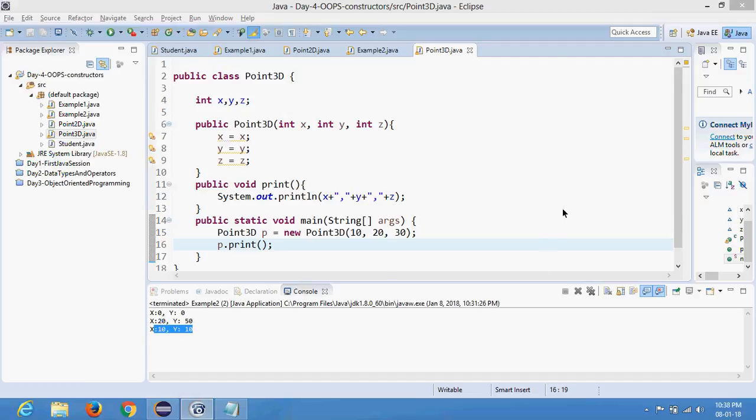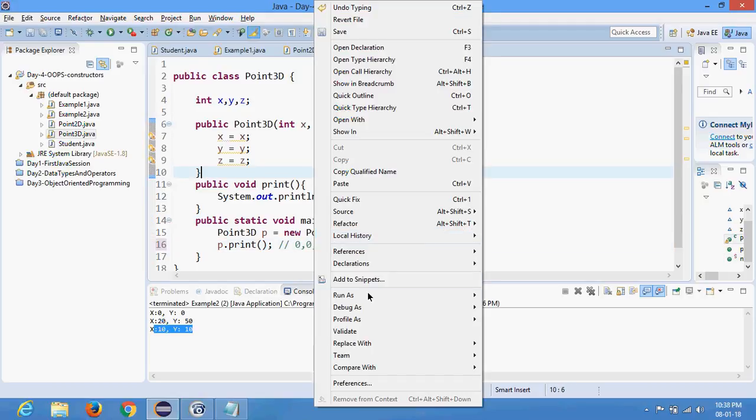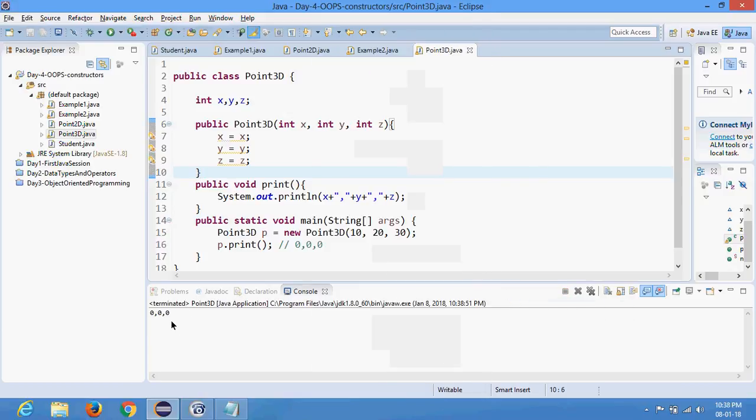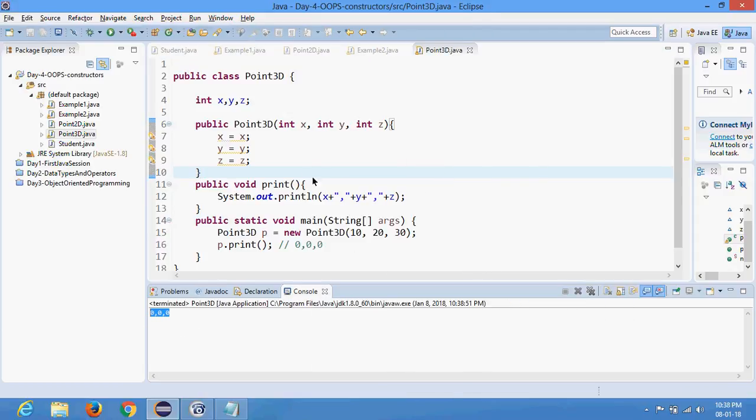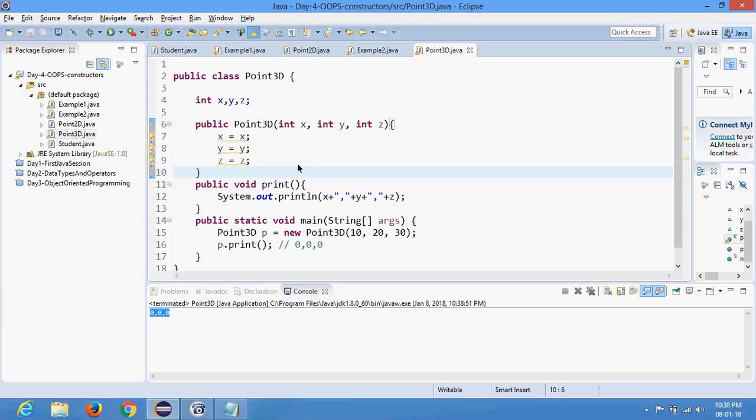Okay, so let me tell you the answer. The answer is this is going to print 0, 0, 0. Okay, let's run the code and see the outcome. Can you see that 0, 0, 0 here? Now why is this happening? The reason is